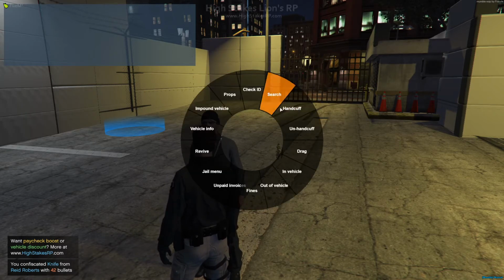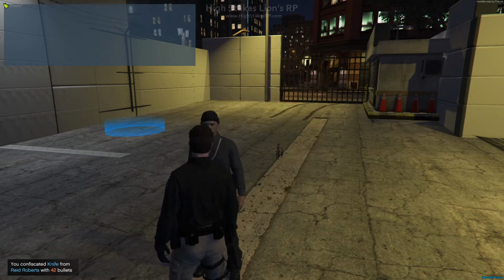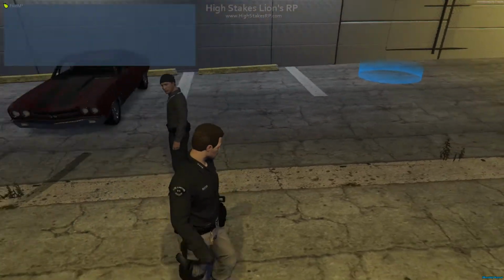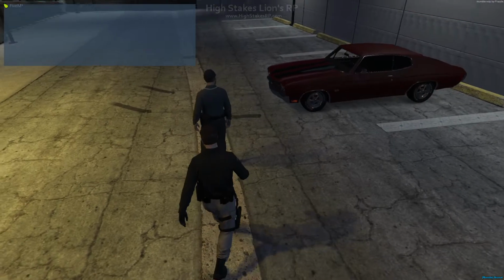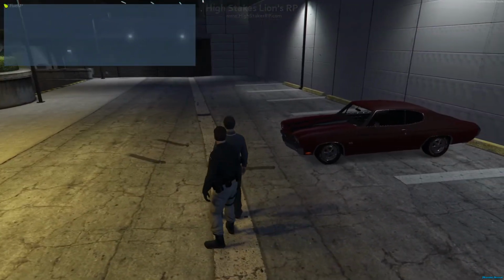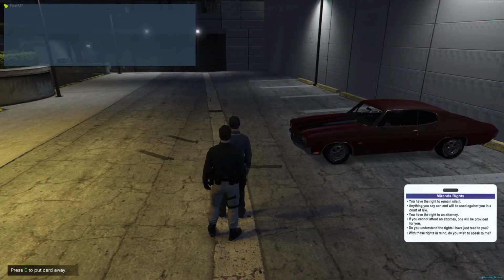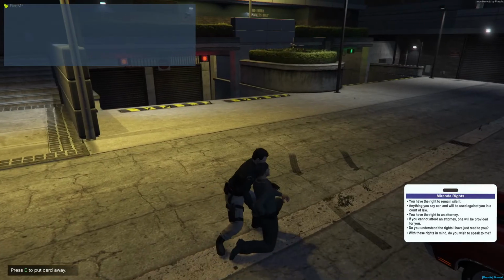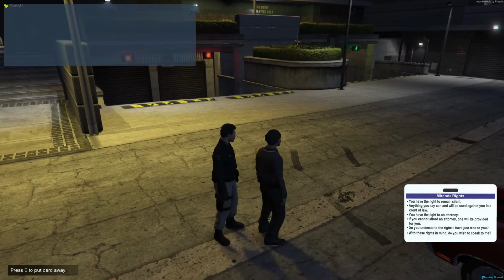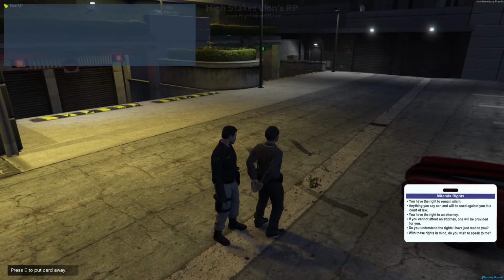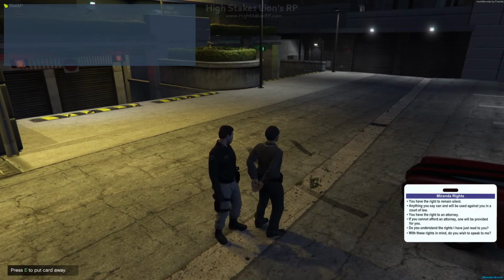Next thing we will discuss is handcuff. It's pretty easy when you approach the suspect. It doesn't really matter which side you're approaching him from, but let's say for RP scenarios, you approach him from the back and you go and handcuff them. The animation will start. Once that happens, you will see the Miranda rights popping up on the right side of your screen. Make sure you always read the suspects their rights,